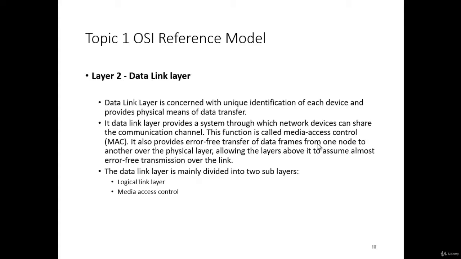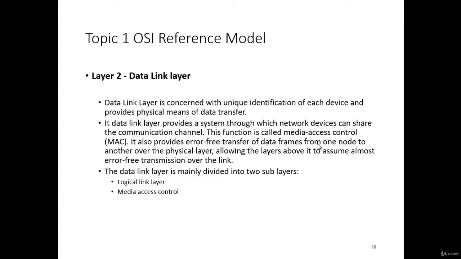Layer 2, Data link layer. The data link layer is concerned with unique identification of each device and provides the physical means of data transfer. If the data link layer provides a system through which network devices can share the communication channel, this function is called media access control. It also provides error-free transfer of data frames from one node to another over the physical layer,